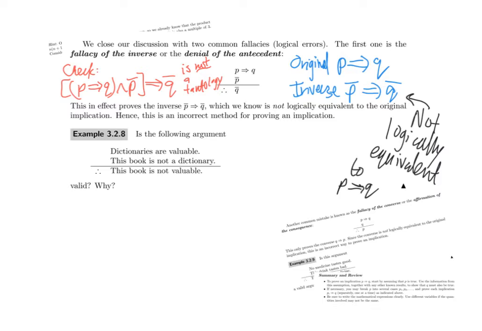Here's an example. If I say dictionaries are valuable, remember we can think of that as: if x is a dictionary, then x is valuable. And then if we assume that this book is not a dictionary, we can conclude that the book is not valuable. Maybe in everyday speech people talk like this and make this kind of assumption, but that doesn't work in math. It doesn't work in logic. So I want you to think more about why this is not a valid argument, and we will now consider one more fallacy,